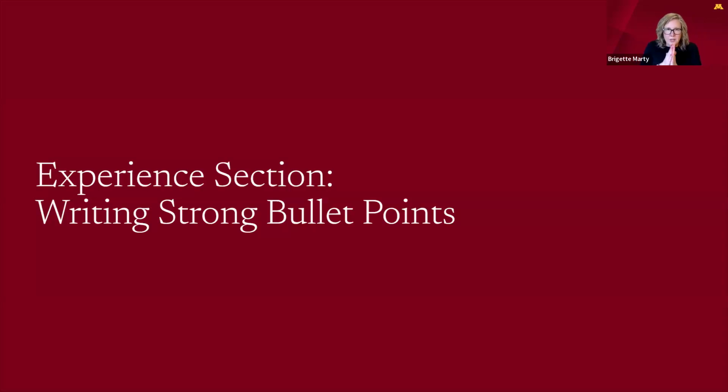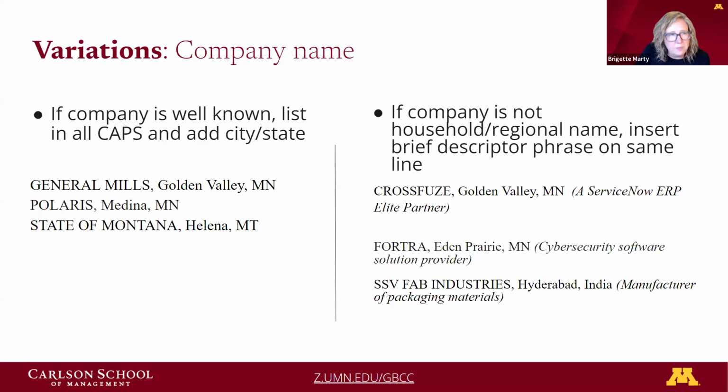Now we're getting into that experience section. This is the part that can really throw candidates off, writing bullet points about themselves. And in Minnesota, folks don't like to brag much, but I do. So I'm here to help you. Okay. First things first, we have to know where you have worked. So you will have your education section, then another header that's all capital letters that says experience. And we will then list the name of the company underneath it.